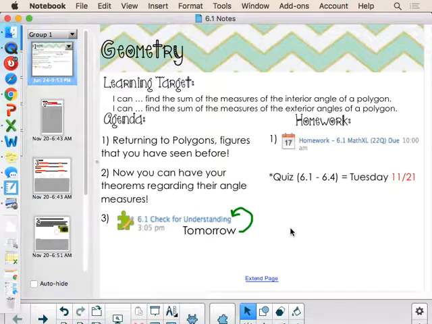This is your lesson on 6.1. 6.1 is the start of chapter 6, which is all about polygons, but more specifically quadrilaterals. The only section that we really deal with polygons would be section 1, and then once we hit section 7, we'll dip back into the concept of a polygon. The nice thing about chapter 6 is the fact that it returns back to some middle school content that you've dealt with, unlike chapter 5. So you might feel like you're a little bit more at home with this chapter.